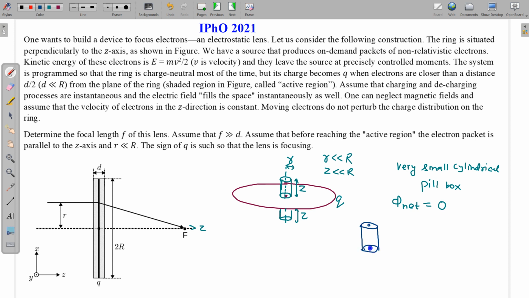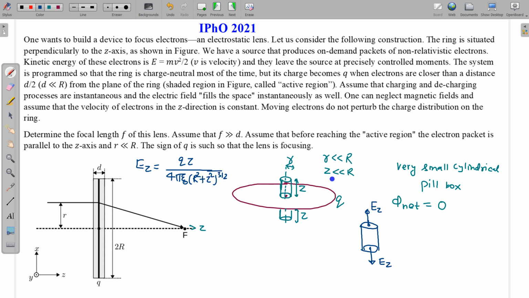This point and this point are on the axis of this ring, and along the axis we know the electric field. This electric field is E like this. I am taking the charge on this ring as positive, so this is Ez, electric field along the z axis, and this is Ez in the downward direction. So these two are equal in magnitude. And what is the value of Ez? Ez, the electric field on the axis, is given by Qz divided by 4 pi epsilon naught times (r square plus z square) raised to power 3 by 2.